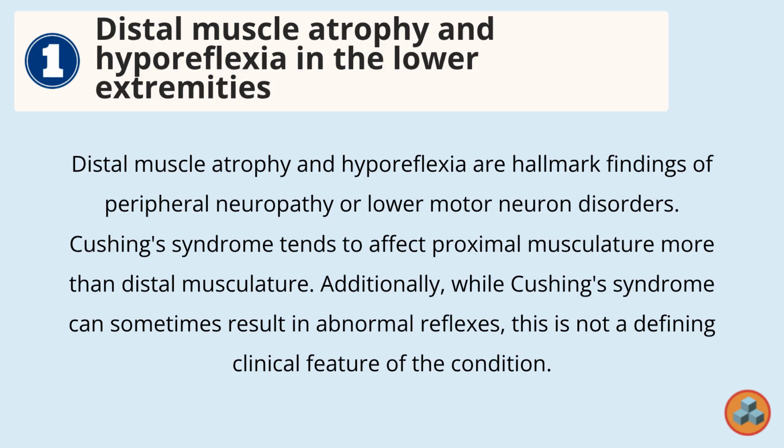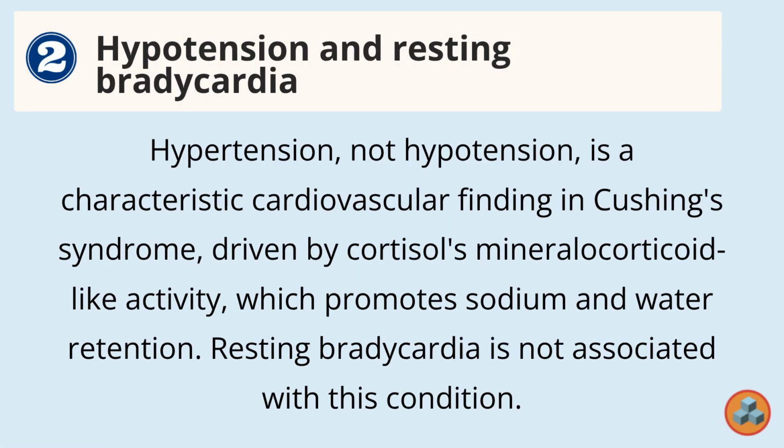Cortisol's catabolic effect on muscle protein synthesis preferentially affects the large proximal muscle groups, the hip flexors, hip abductors, and shoulder girdle muscles. This option describes the wrong distribution and the wrong neurological pattern. Option 2, hypotension and resting bradycardia. Hypertension, not hypotension, is a characteristic cardiovascular finding in Cushing syndrome, driven by cortisol's mineralocorticoid-like activity, which promotes sodium and